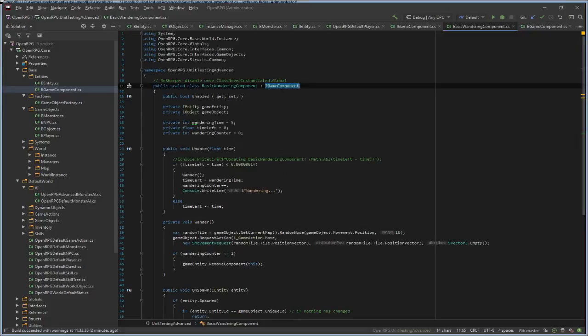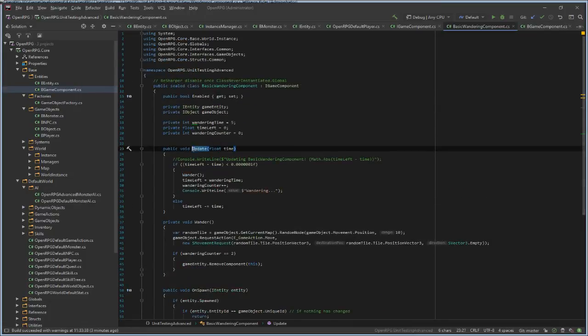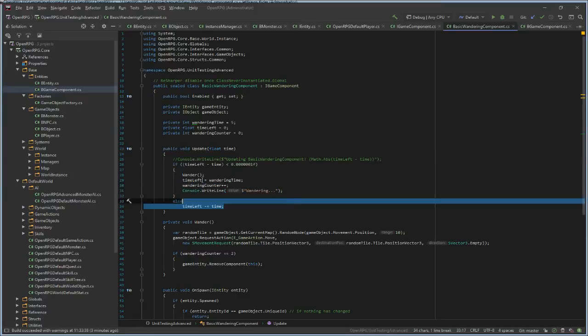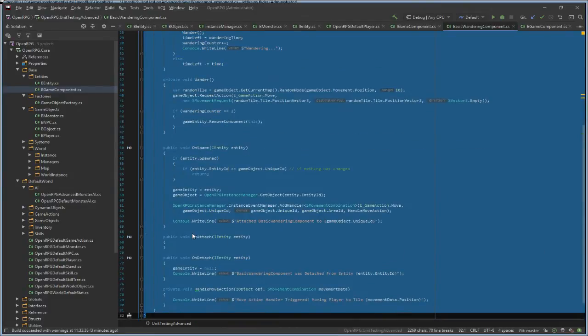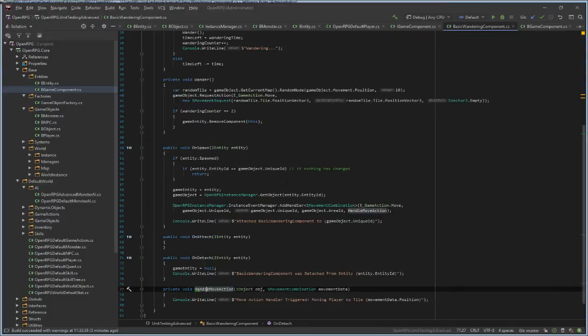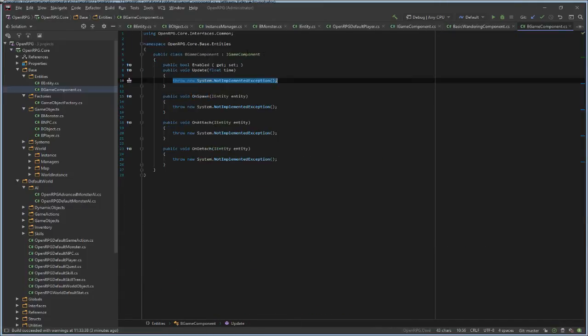So if I have a component that does some math in the update method, I don't need this on spawn or on attach, on detach, on enabled, you know, these kind of methods.